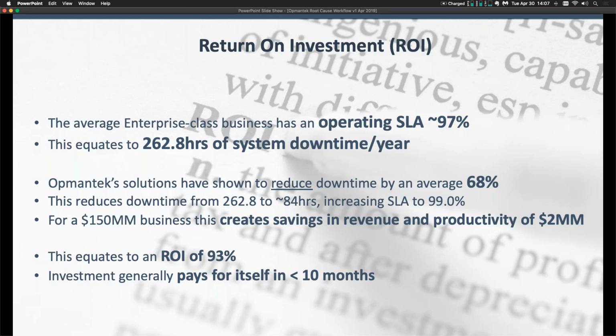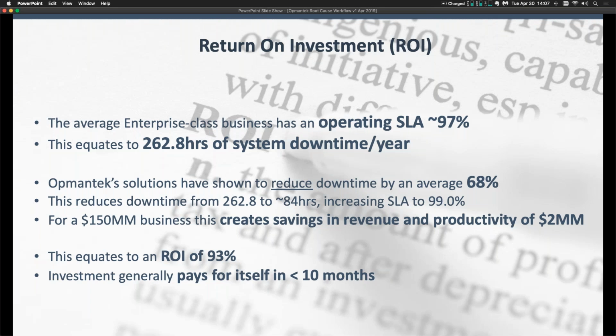So when you start looking at Opmantek solutions and the different types of information we provide, how we help provide root cause analysis support, how we help you reduce your time to problem resolution, how we help you increase your mean time between failures, how we help improve the quality and reliability of the network, what you end up seeing really is that we help reduce the downtime by an average of 68%. That means you go generally from 263 hours to 84 hours,